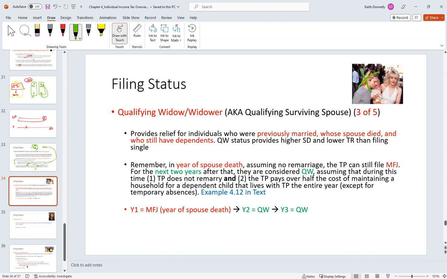So the idea with this is we have filing statuses that try to help people in these situations through tax laws and rules. So when there was somebody who was previously married, their spouse died, and they still have dependents, we'll let them file qualifying widow or widower. It has some advantages over like head of household and filing single. It gives you like a little better tax rates, right? We're going to try to help you out on the tax return. And how this works,